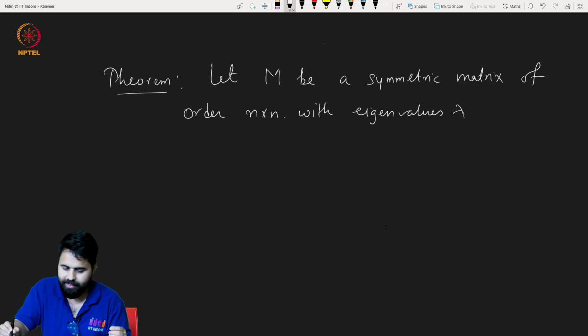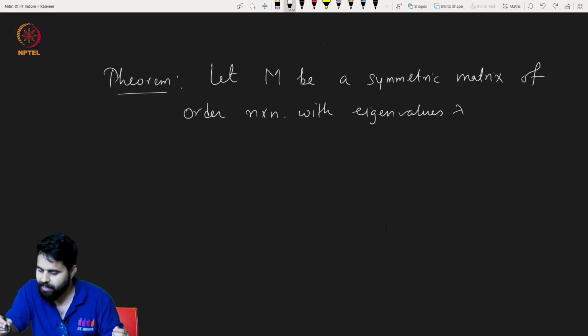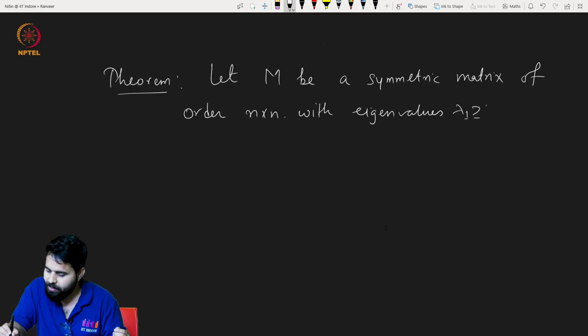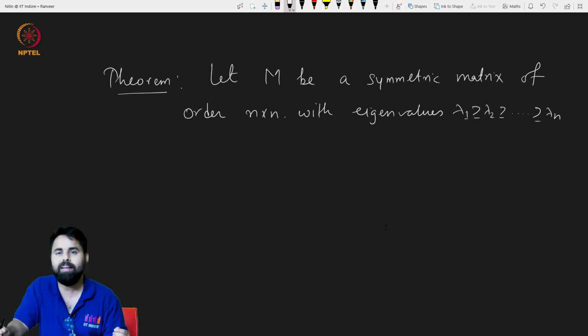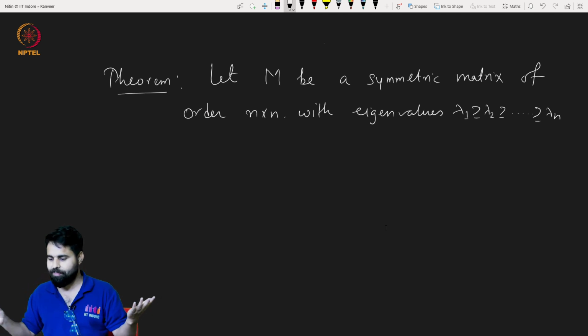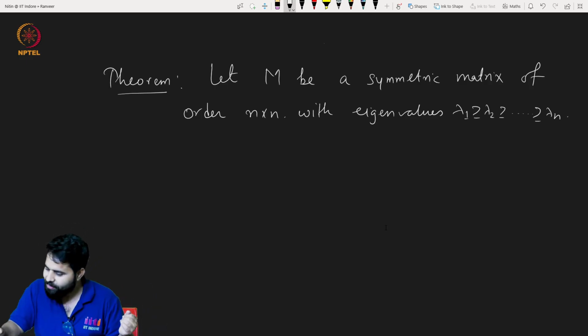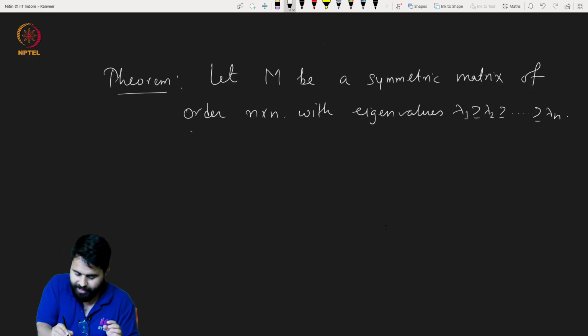Lambda 1 greater or equal to lambda 2 greater or equal to lambda 3 and so on to lambda n. So there will be n eigenvalues. Now I have sorted them, so lambda 1 is the largest, lambda n is the smallest. Okay, very good. Then